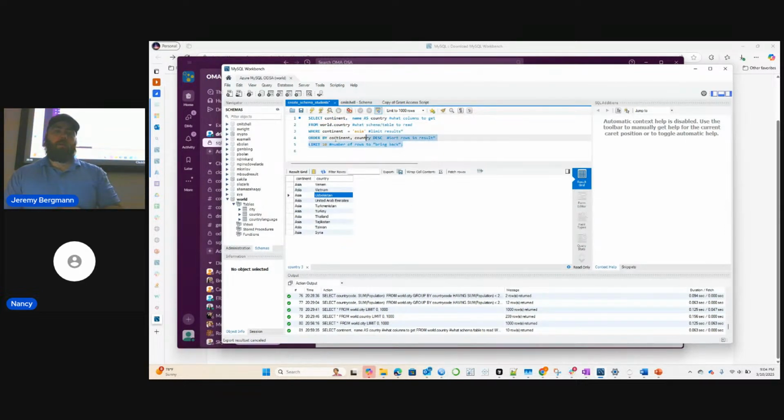Instead of looking at 2 million rows, I can use just a little bit. Think of this as almost natural language, like answering a question. You're telling it, I want the continent and the name of the countries from the world.country table, only in the continent of Asia, and then sort them by this and give me the top 10.